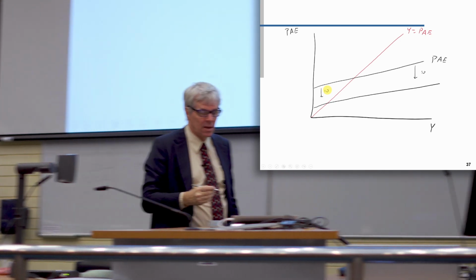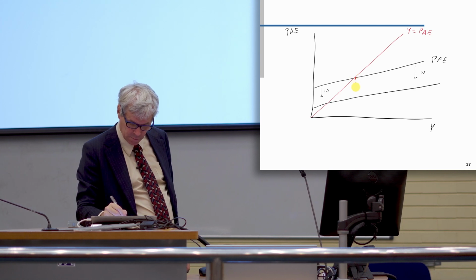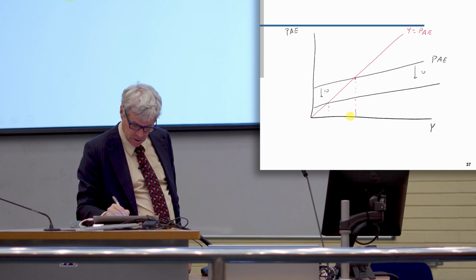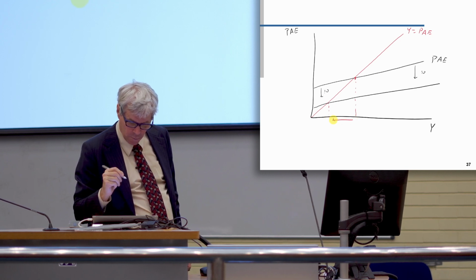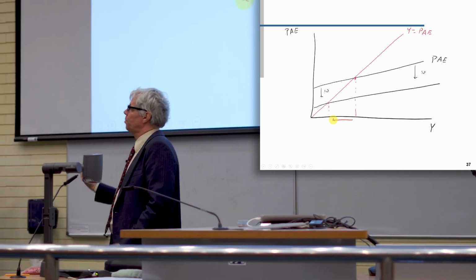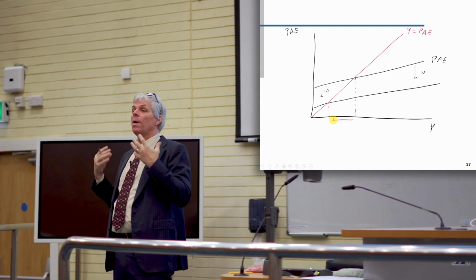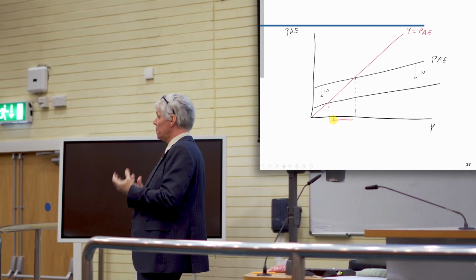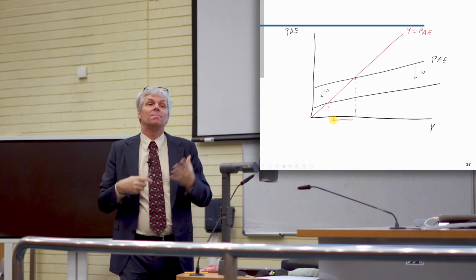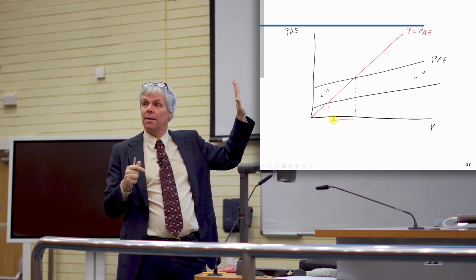Okay? And so, very clearly, output goes from here down to here. So that's the overall change in output. And what we want to see is the multiplier. So what we want to see in the graph is that output fell by more than 10. Okay? That's where we're going. This is the thing that we're looking for. So how do you tell from the graph that output fell by more than 10? Well,